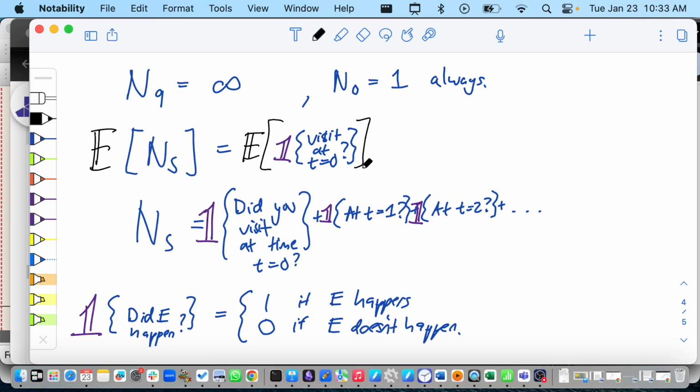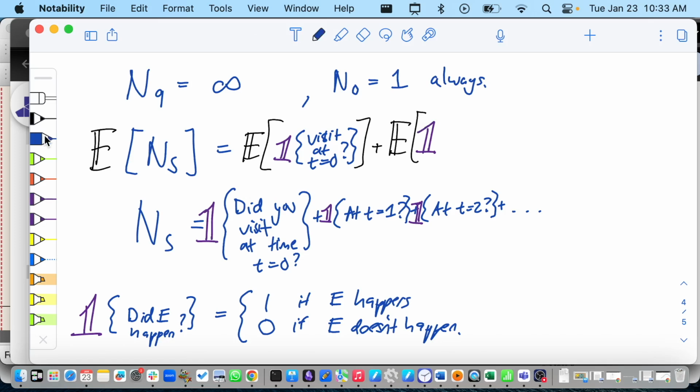I guess it's always true if you have a finite sum. This is an infinite sum, so maybe something could go wrong. But you have to believe me that nothing will go wrong. And actually, you can prove it using the eigenvalue thing I said before. So in this case, it's totally fine. For finite sums, definitely okay. For infinite sums, sometimes you'll have some infinity problem. But this one is okay.